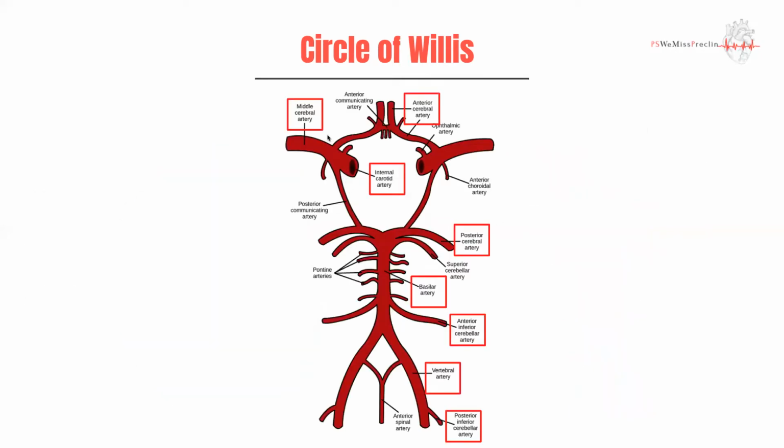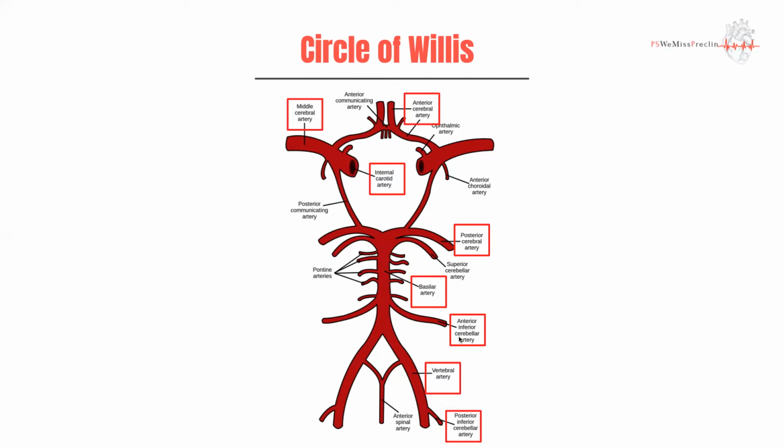These are the arteries I think you should at least know the names of, if not what they supply. The anterior ones, definitely you need to know what they supply. The posterior ones, give and take on how ambitious you want to be. So middle cerebral, anterior cerebral, that's the internal carotid, which becomes the middle cerebral. You then have the posterior circulation. You then have the basilar, which is formed by the joining of the two vertebrals. And then you have the